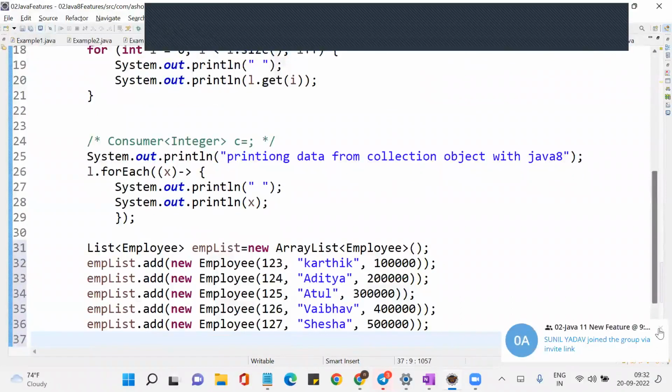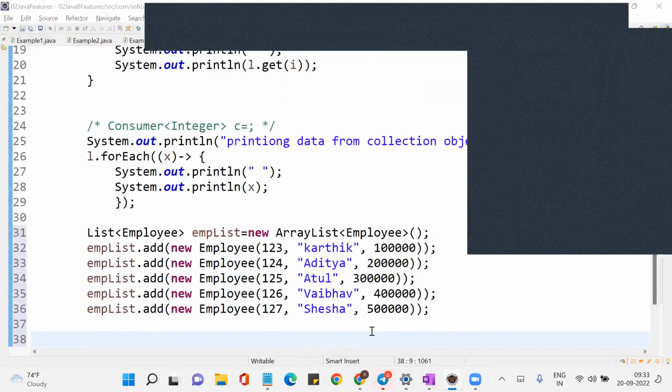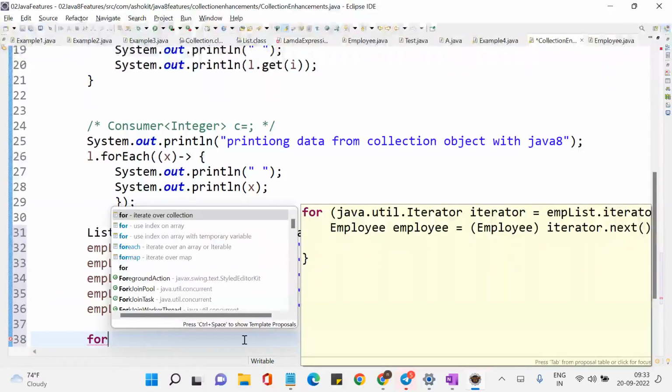Now I want to iterate this employee list. What should I do without Java 8? If I want to iterate these employees without Java 8, what should I do? We have to use a for loop. So same thing, correct? Iterate over a collection. Now here, can I say that instead of emp list dot size,